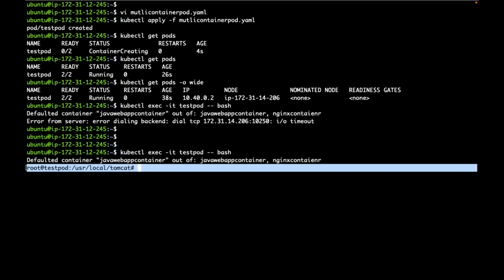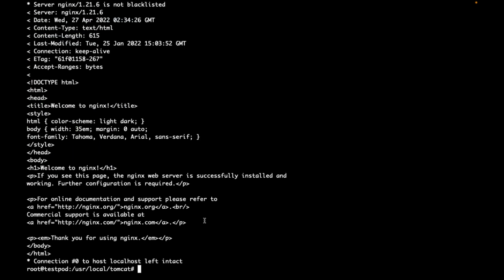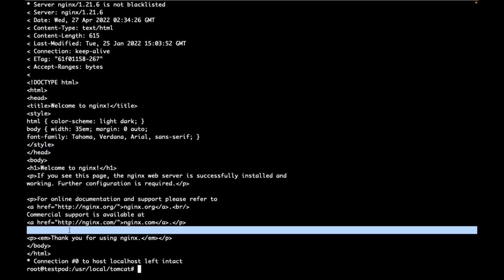And am I inside that pod, inside that container now? Now, if I do like this, just curl localhost, the port is 80. So I need not mention it, even though I don't mention the port, the request goes on localhost port 80. I'm inside this container. Now am I getting a response from the other container, that Nginx container, which is running on port 80?